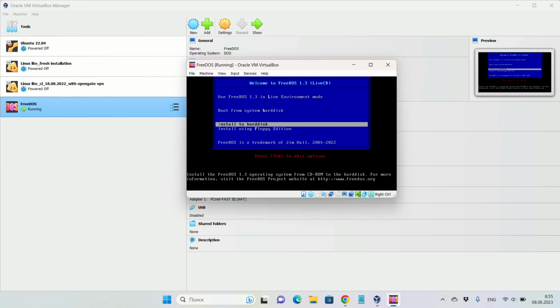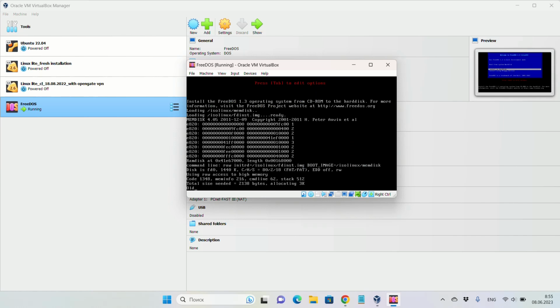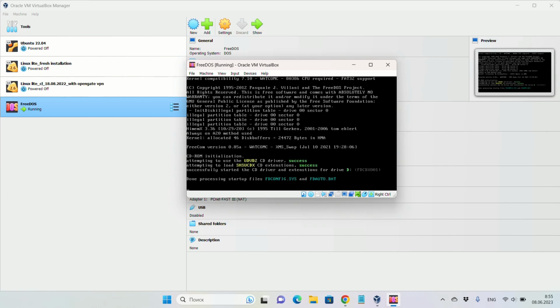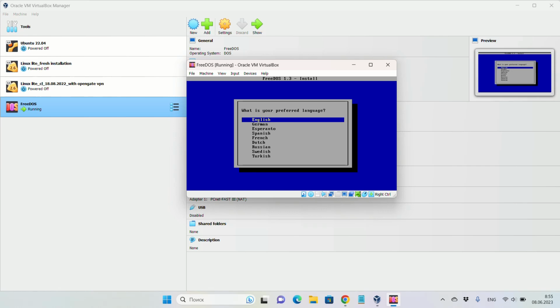I'm installing FreeDOS on a virtual machine's hard drive. I choose English.